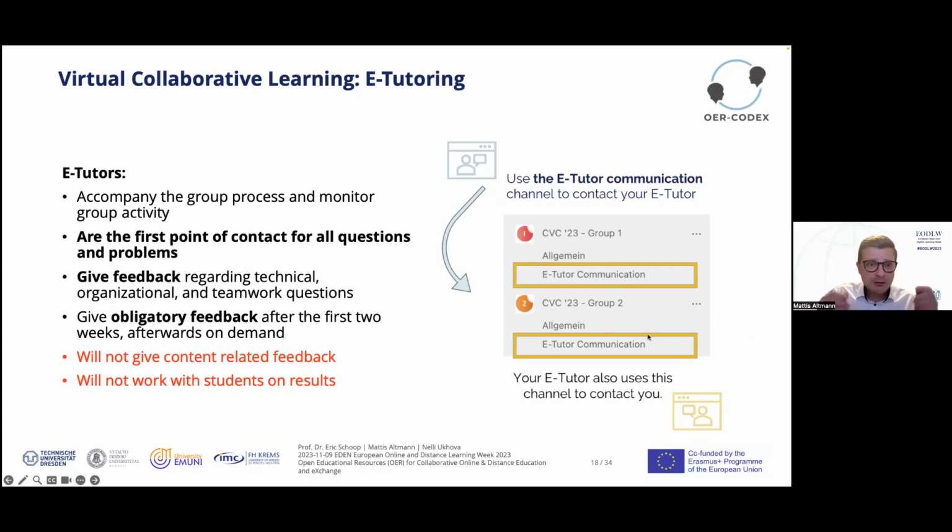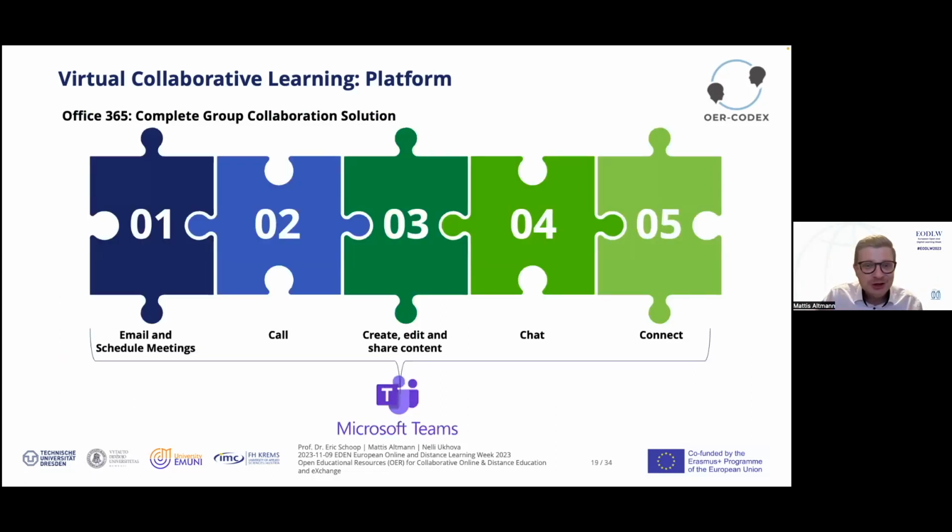And we always ask students to create an extra e-tutor channel, and on which platform they do, I will show on the next slide. We use the Office 365 complete group collaboration solution for a certain reason, because you have an all-in-one package. You provide the students with this software and they can do every task they want because they have a range of tools.